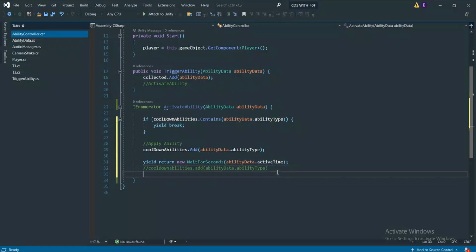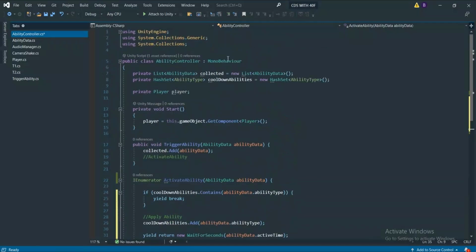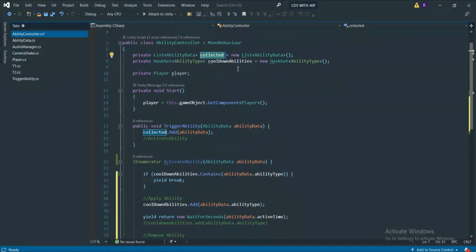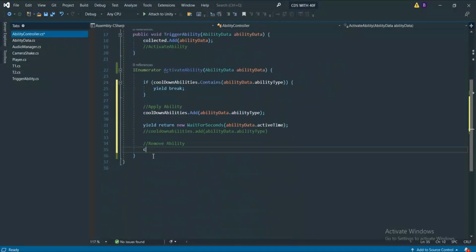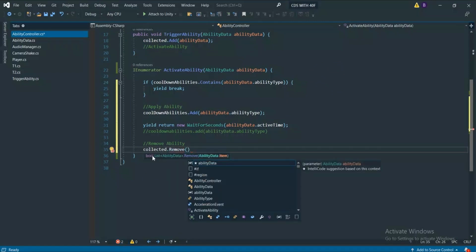So for now, I'm gonna make it a comment. So we're gonna make a remove ability function, and we're gonna do it later. So for now, I'm gonna make a comment, something like says remove ability, just like that. And after that, we need to empty the backpack, basically we need to empty this collected list, to remove it from there, basically the ability data. We need to use this collected. So we're basically going over to collected list, basically the backpack you can think of, and we're gonna remove. To remove, we're gonna use this remove function, and it's gonna take the ability data. So we're gonna pass our